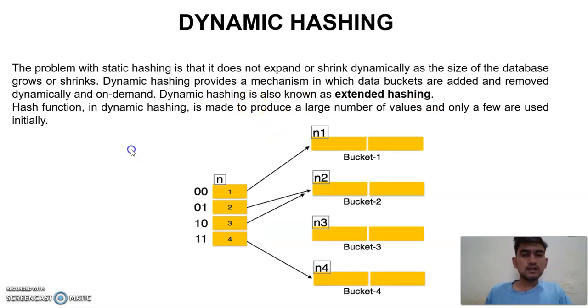Now we will see dynamic hashing. The problem with static hashing is that it does not expand or shrink dynamically as the size of the database grows or shrinks. Dynamic hashing provides a mechanism in which data buckets are added and removed dynamically and on demand. Dynamic hashing is also known as extended hashing. So let us see